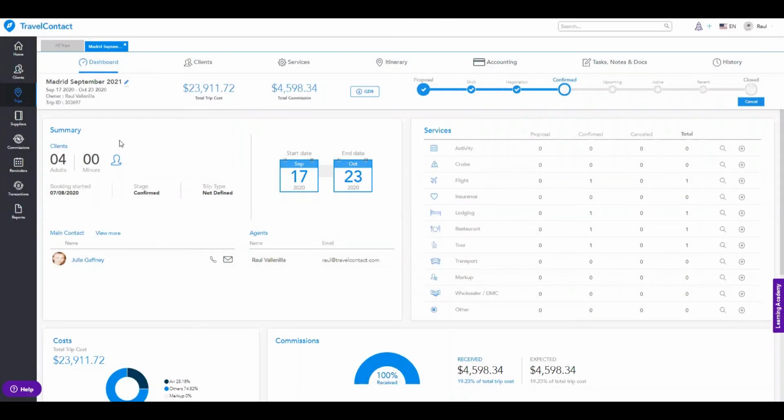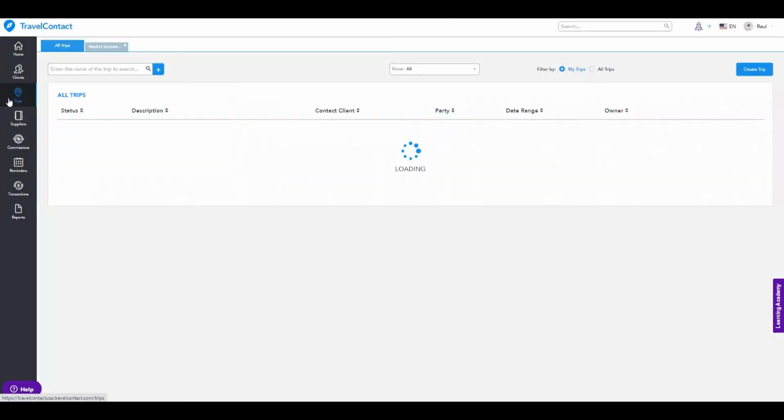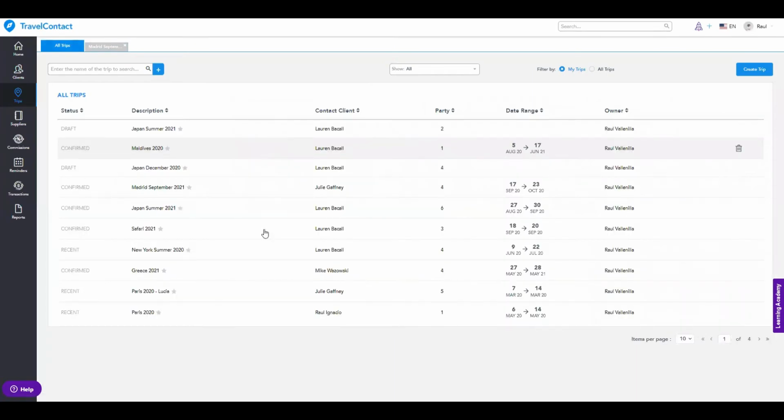So the first thing we're going to take a look at is our trips module. Once you're located in the trips module, you'll see that we have a list of all available trips. You'll be able to filter that by status of the trip, meaning draft, negotiation, confirmed, upcoming, active, recent, closed, lost,